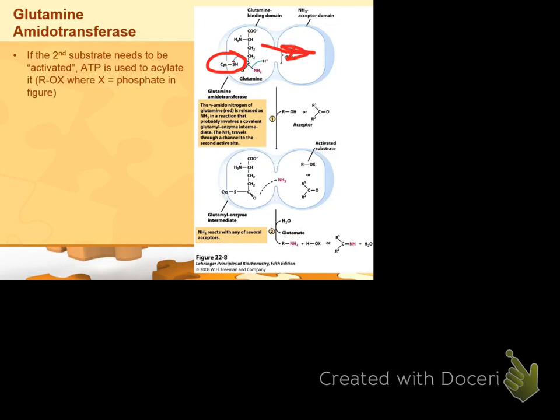If you started off with the alcohol, you're going to end up with an amine. But it's completely analogous to what we've seen in organic chemistry too, which is nice to see why organic chemistry is relevant, biomedically at least. Are there any questions about this? There's two binding sites. There's the ammonia channel in between, so that way we don't have to worry about the deleterious effects of ammonia. Did you say imine and amine?